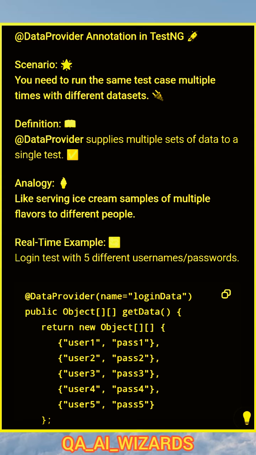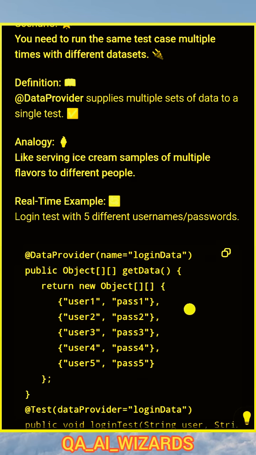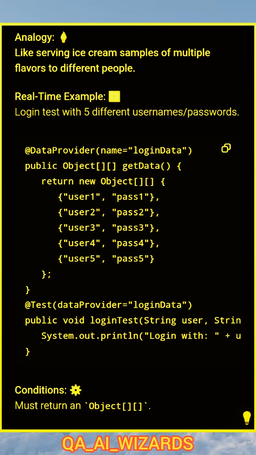If you consider the analogy, it's like serving ice cream samples of multiple flavors to different people. And considering a real-time example, on a login page, we are going to log in with 5 different usernames and credentials like passwords. And if we consider the syntax or code snippet, here we are going to write down